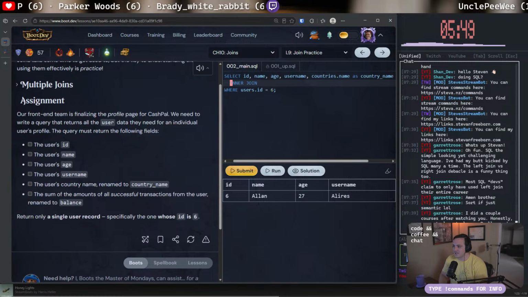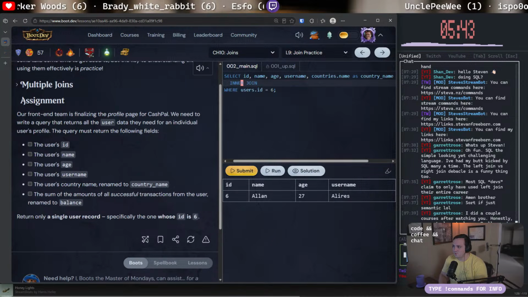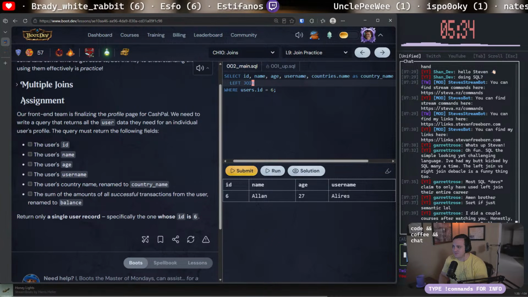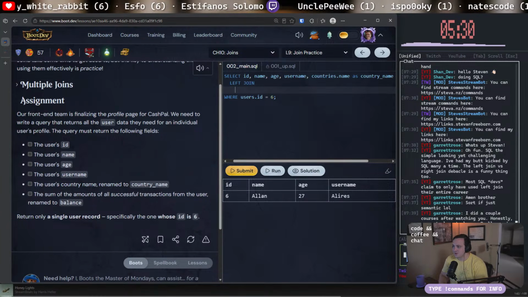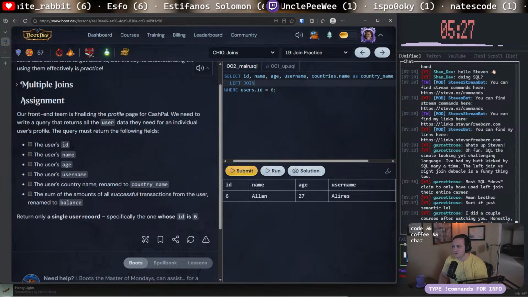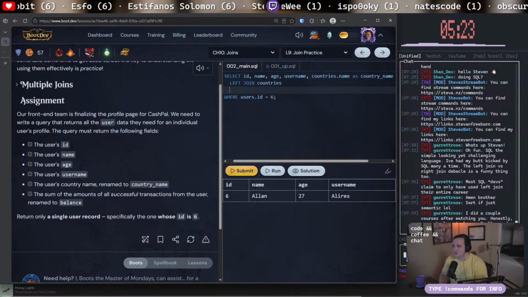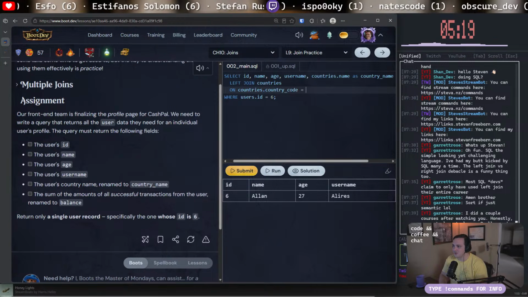I think we could do a left join too. Let's do a left join, just in case Alan doesn't have a corresponding country. Left join with countries on countries dot country code equals